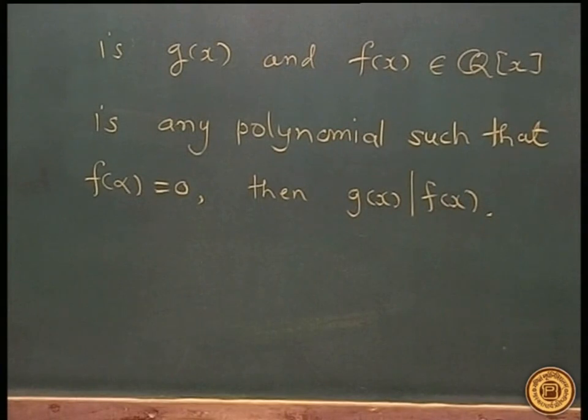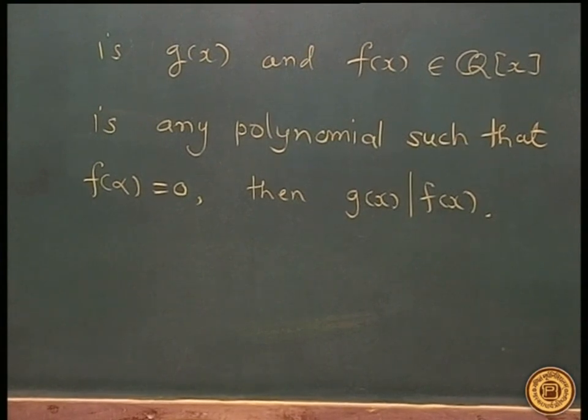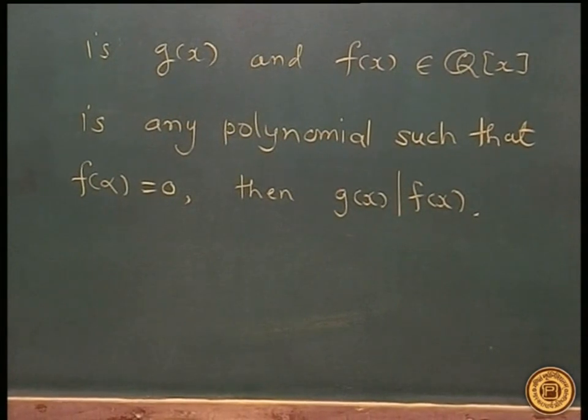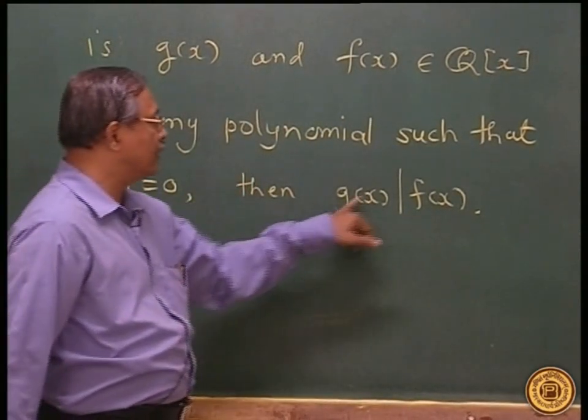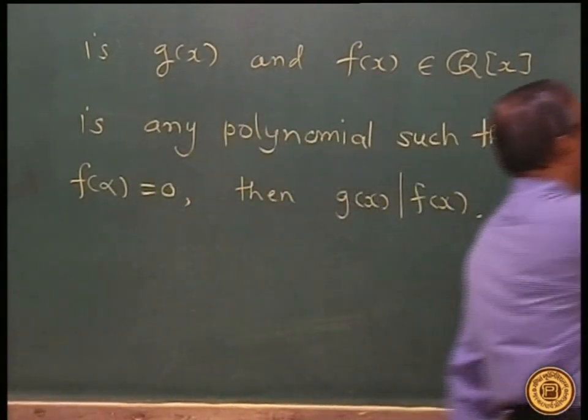So this theorem says that given any algebraic number, we know that there is some polynomial over Q which is satisfied by this algebraic number, but moreover there is a monic polynomial which is irreducible, that is, it cannot be factorized into proper factors, which is satisfied by alpha, and this monic irreducible polynomial is uniquely determined, it is unique. And if there is any polynomial of which alpha is a root, then g(x) divides f(x). Proof of this: